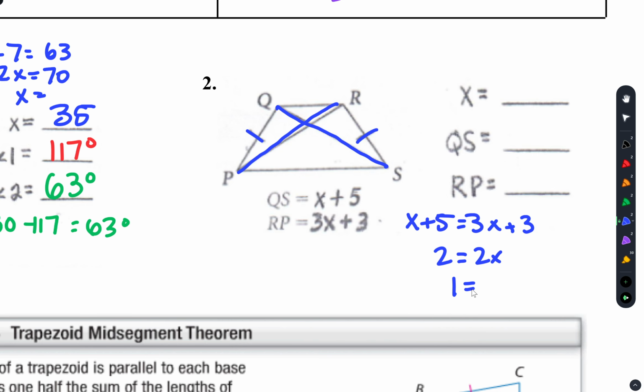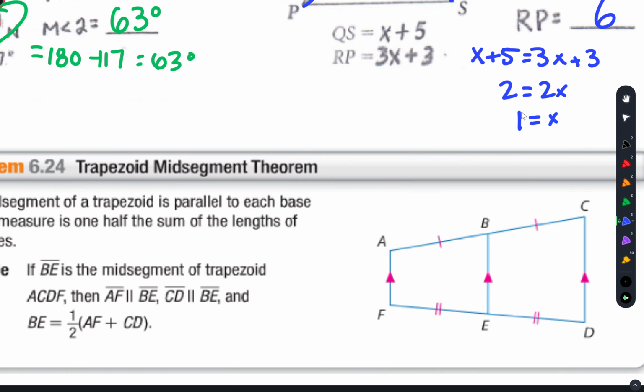What is this? X equals 1. I can plug it in. 1 plus 5 is 6. RP, 3 plus 3 is also 6. Beautiful. Questions? Sticking with the theme of trapezoids, we're going to talk about a theorem that we get in conjunction with